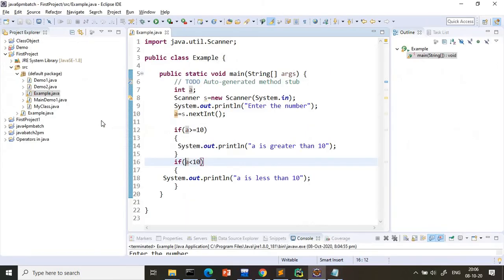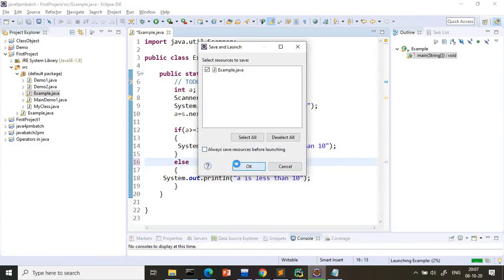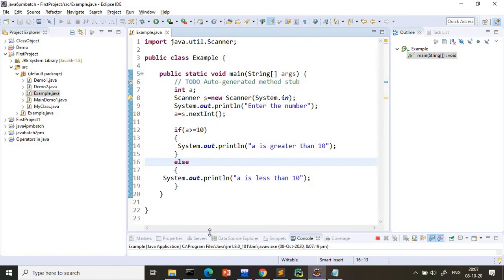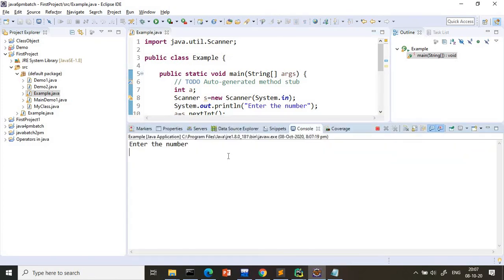Just observe here. Previously what I was doing, I was writing A greater than 10. If this condition is true, I will write A is greater than 10. Instead of writing to if, I will just write here else. Now you tell, I don't need to write the second if statement. If this condition is true, it will print this block. Otherwise, it will print the else block. Just observe your output. I will give one more example, guys. Just let me explain this. Okay. So I am giving here, let us say, 5. So A is less than 5.